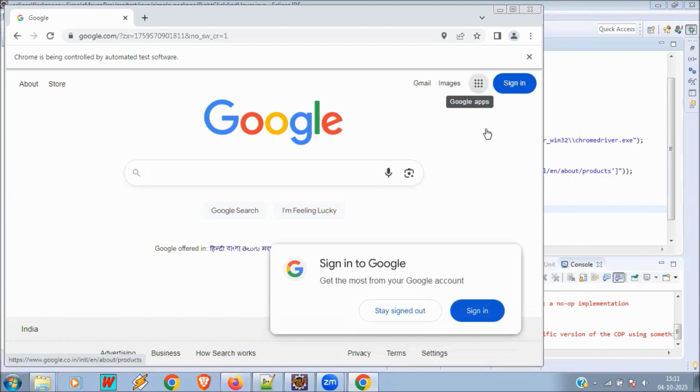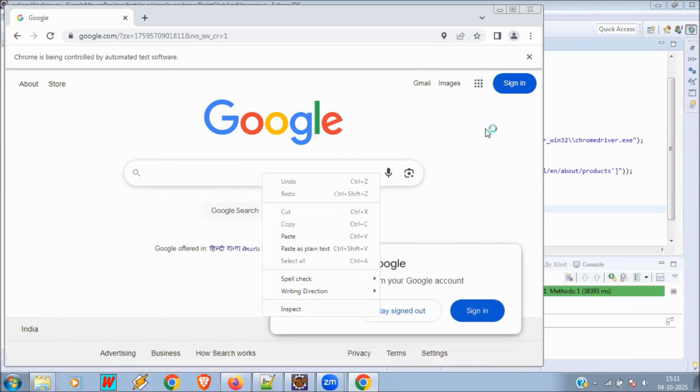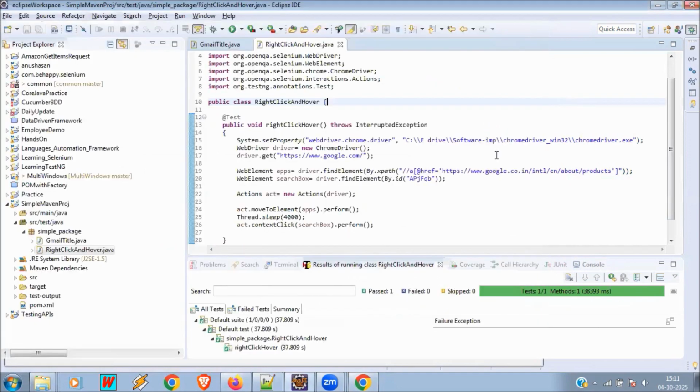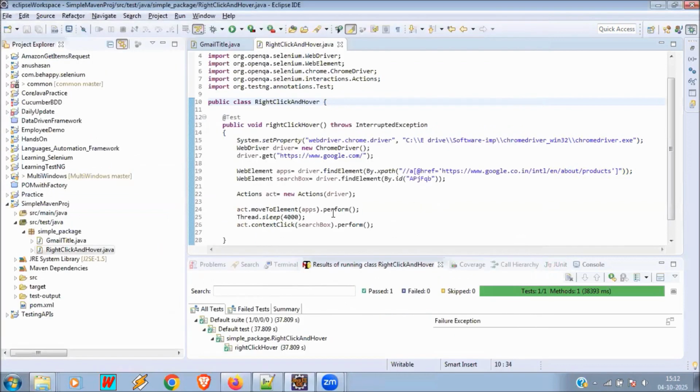Now we are waiting for the right click on the search box. Clicked. Right click is also done. So both our actions are achieved. First, we move to an element to hover, and then we right click this element, search box, through the context click method, performing both the actions. They are performed. Now I'm closing this browser and I will